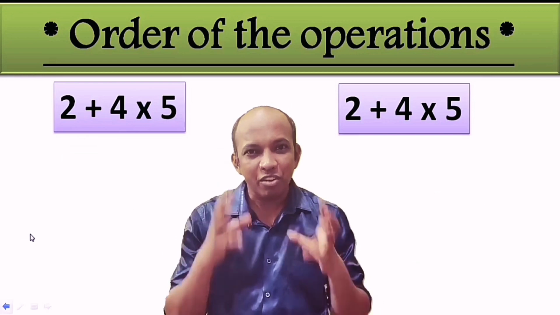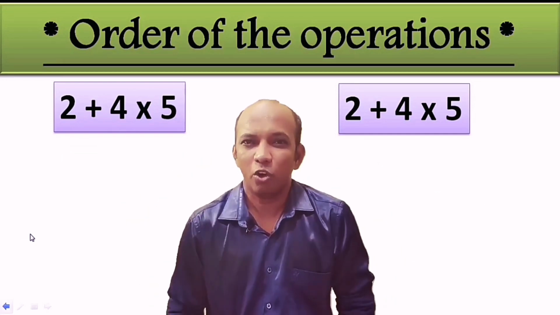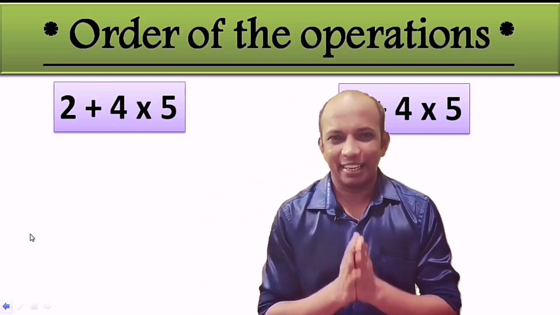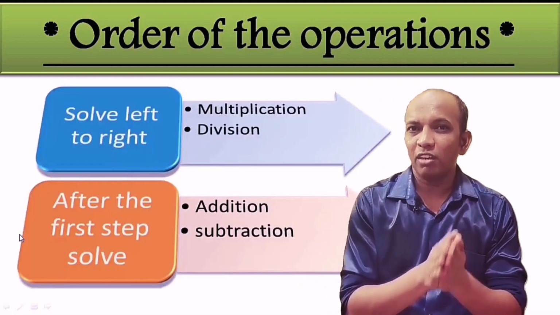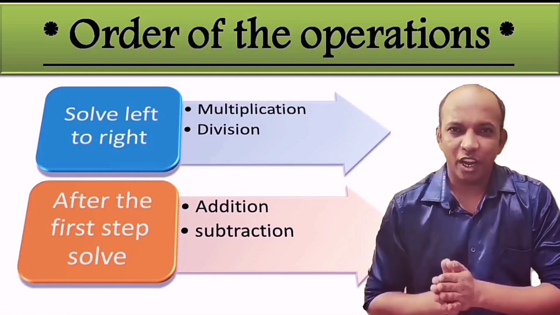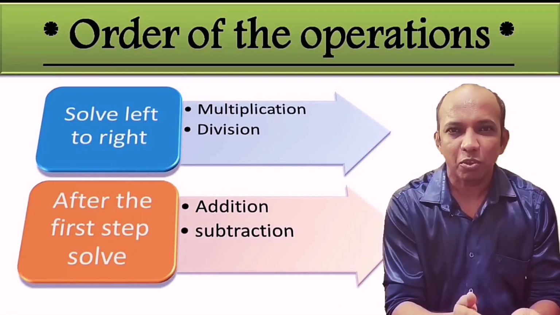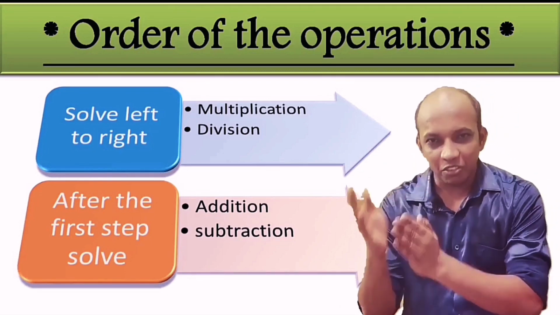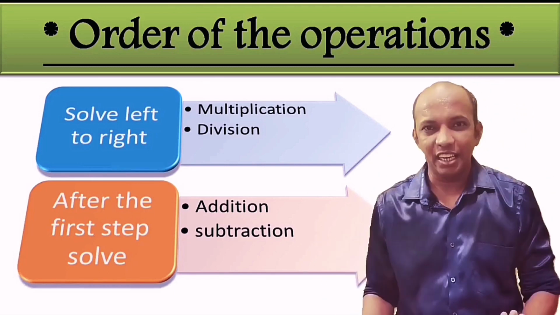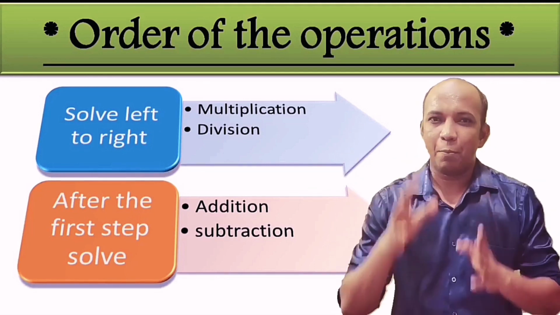Before jumping to any conclusion, we will try to understand the steps required for this order of operation. Whenever we are trying to solve any mathematical operation, we have to follow a particular order. We have to solve it from left to right. Very first, while moving left to right, we will observe all the multiplication and division first. If multiplication comes first, do the multiplication. If division comes first, solve the division. After completing all the multiplication and division, then solve addition and subtraction in the order they appear.